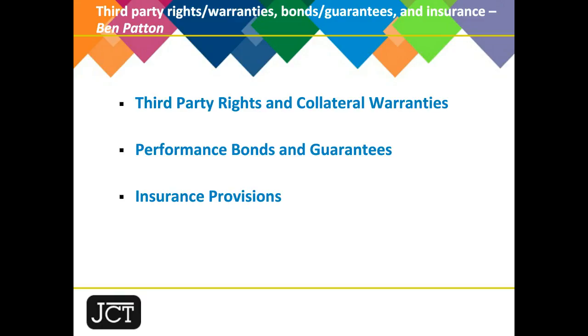Previously, of course, Section 7 only dealt with assignment, third-party rights, and collateral warranties. Model forms for either type of security documentation, the guarantee or the bond, are not provided, and it's up to the parties to identify and then agree suitable forms and then append them to the contract.